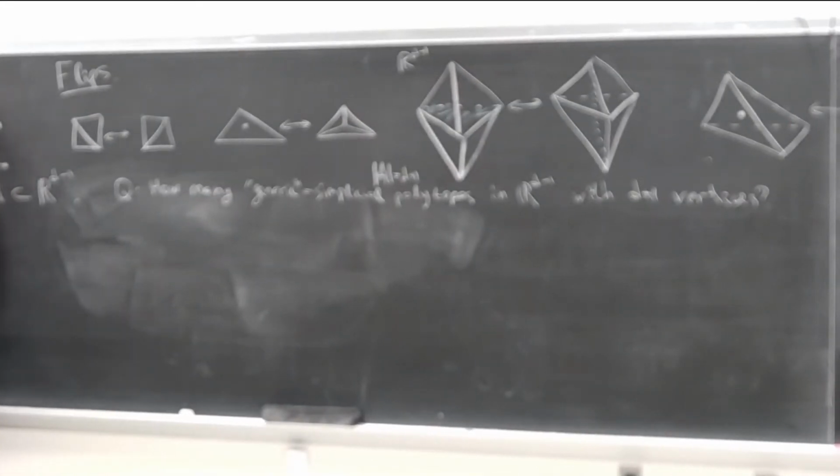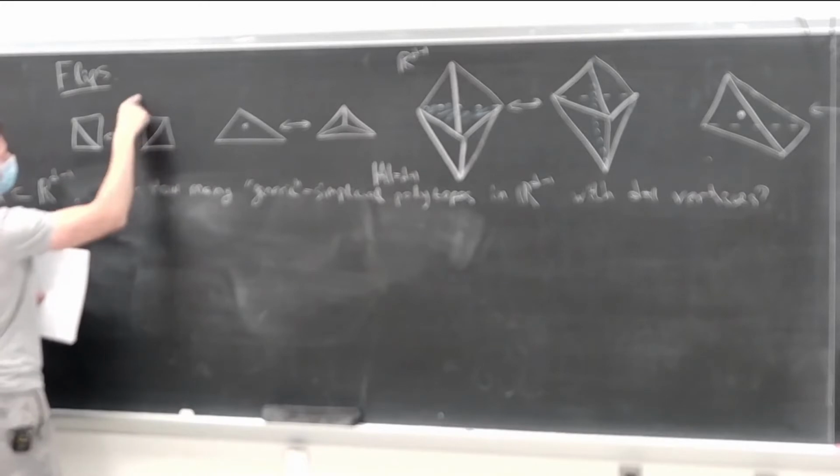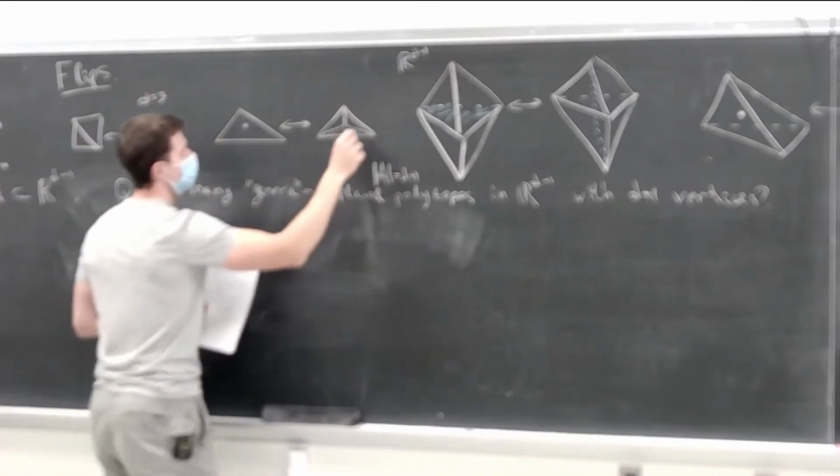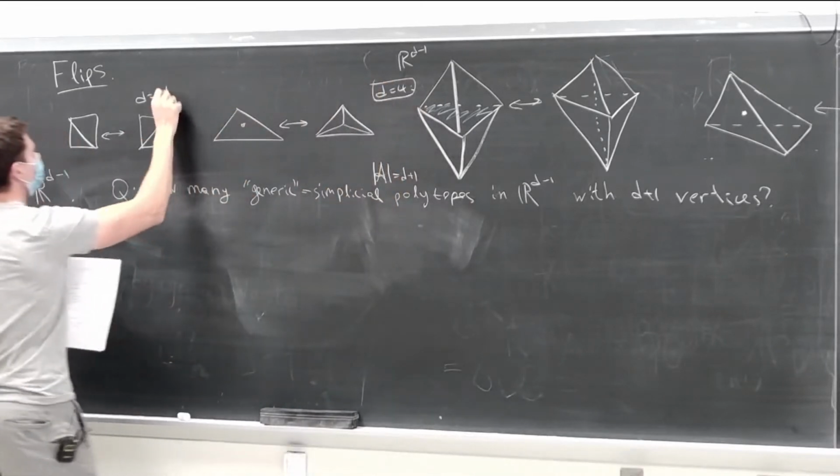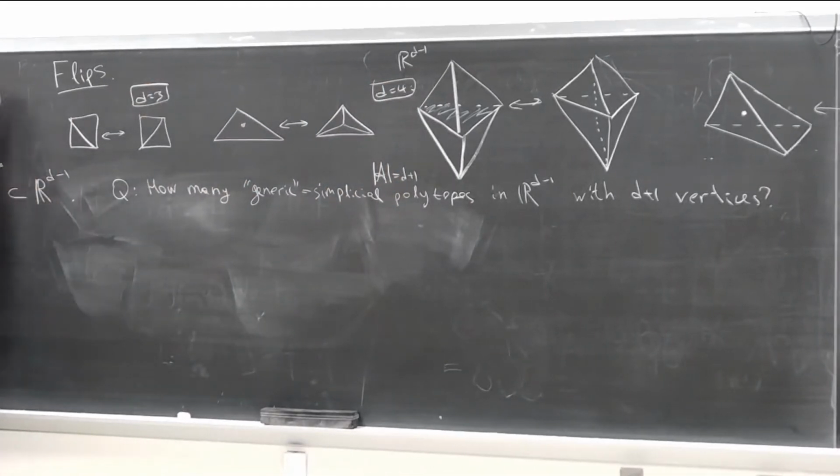So this is d equals 2. This is d equals 3. d equals 4. So the table should be